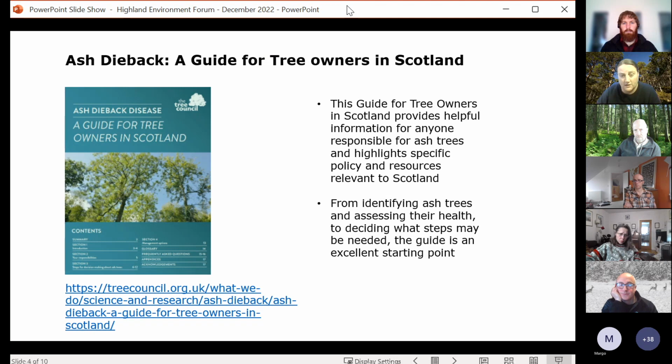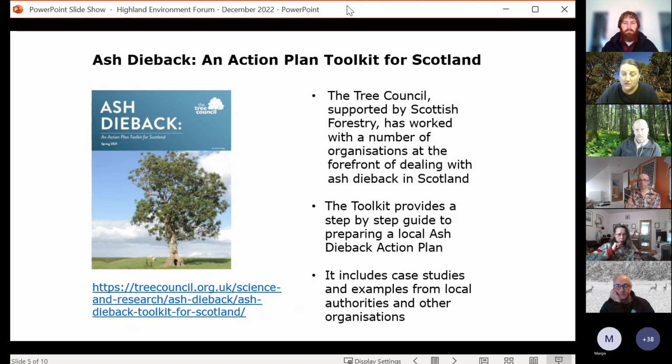So what I wanted just to show here really, as we don't have time to cover ash dieback in all its detail, is just where you can get more information. So this guide from the Tree Council, I put all the hyperlinks in full so that people can get them afterwards and go and do their own reading. But this one is very good for everyone. If you've just got trees in your garden, if you've not got much experience of this, it's a really good starting point. Or then say particularly for big organisations like councils, local authorities, potentially big landowners, this toolkit